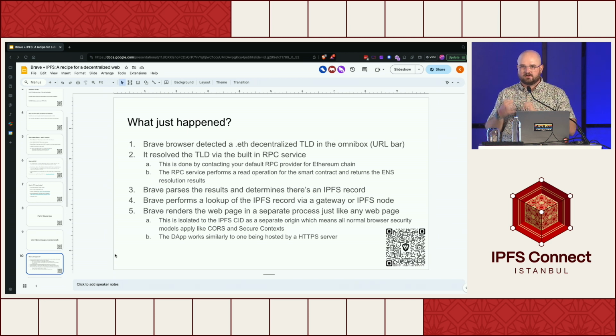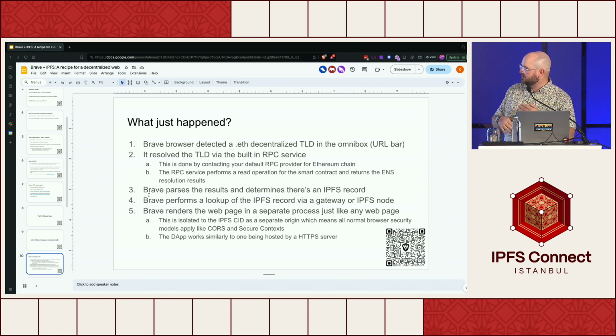So this is where it becomes very interesting. The harder part about this within browsers is the origin itself, which is a fancy way of saying URL. There's slightly different properties within browsers. They define it very specifically, and it has very specific properties and security contexts. So for example, this is isolated to the IPFS CID. So local storage for the IPFS CID is set up separately from your access to your facebook.com local storage. So it's treated effectively just as another domain, or in this case, it's referred to as an origin.